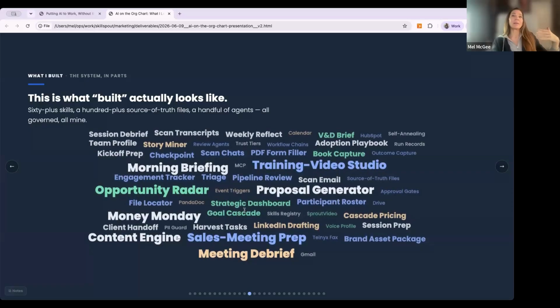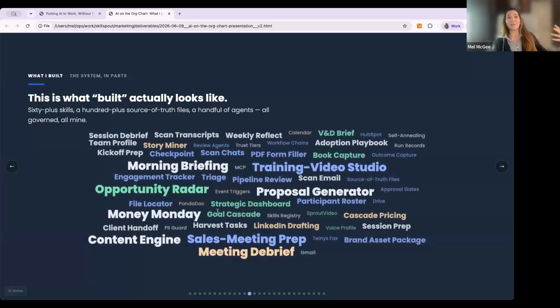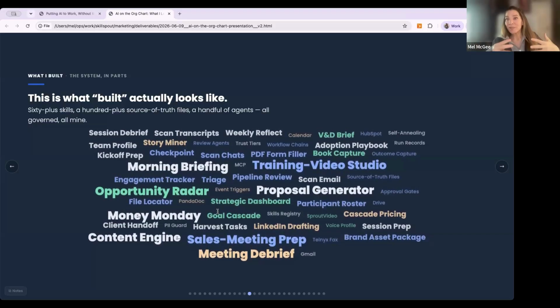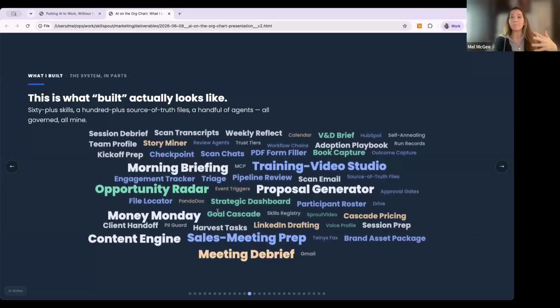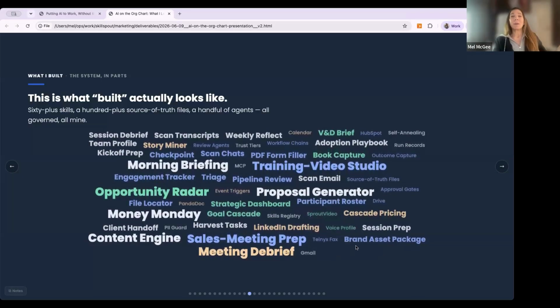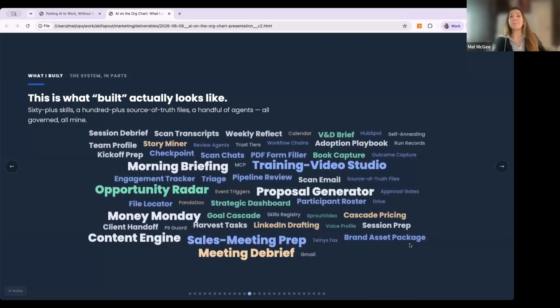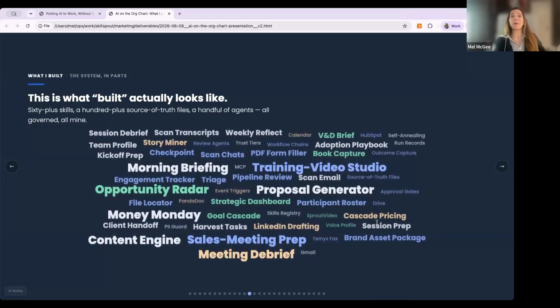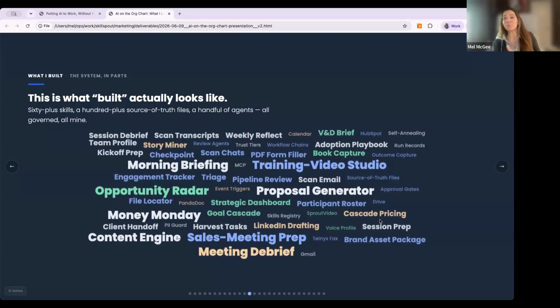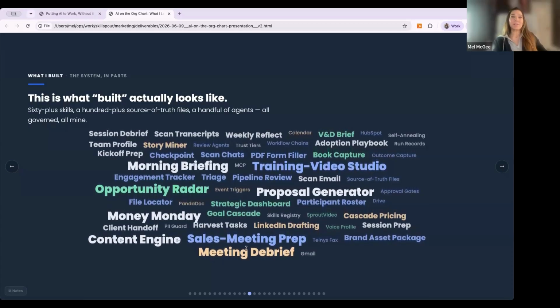Here is some of the skills and agents built into the system I made. It's not all of them. They include meeting debrief, sales meeting prep, brand asset package, session prep, cascade pricing. Like if you have a change in your organization, it might just be cascade changes.